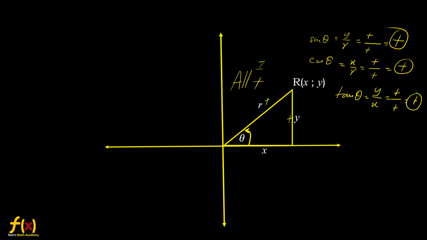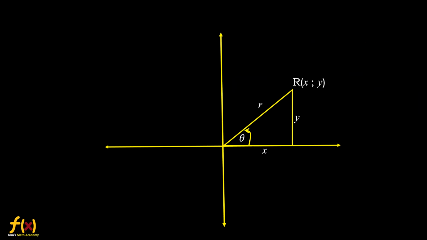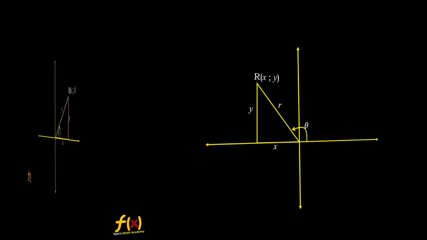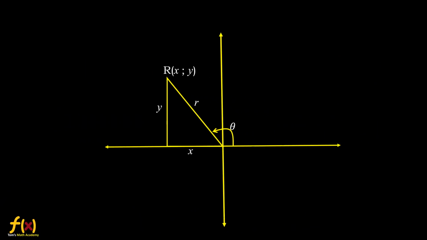We can move on to the second quadrant now. Look at the second quadrant. We know by now what will be positive. y is positive, so sine will be positive, but x is negative. So cos will be negative, and tan, what is tan? y over negative x. So it's going to be negative. Okay, only sine will be positive there, okay, in the second quadrant. Hope you understand. That's how the sign comes.